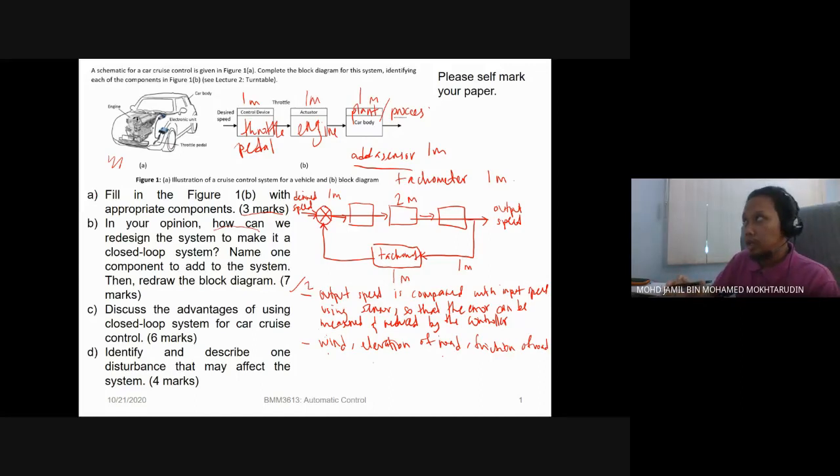Or maybe you drive your car on bawa kereta dekat Kuala Lumpur. Kuala Lumpur kan jalan dia macam bukan tar kan, batu-batu dekat yang dataran Merdeka tu. Okay, so when you drive on that kind of terrain, then it gives some sort of friction, okay, that can change the speed of the car. Okay, so gravitational force